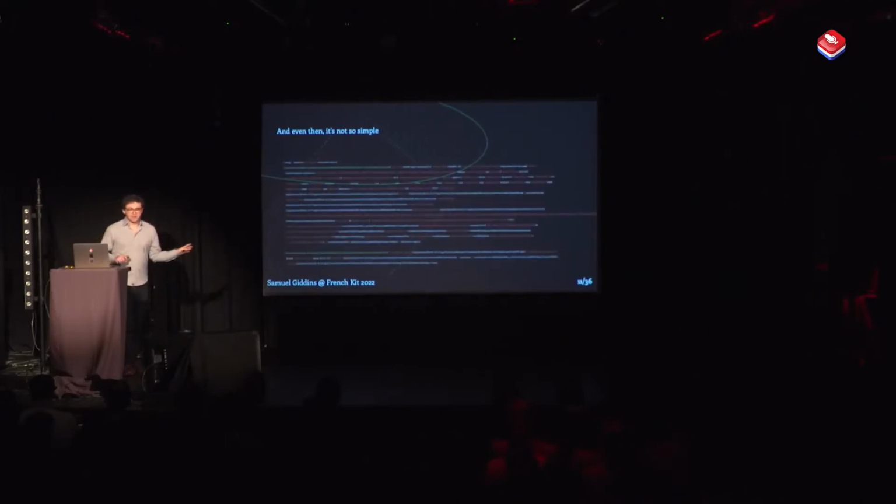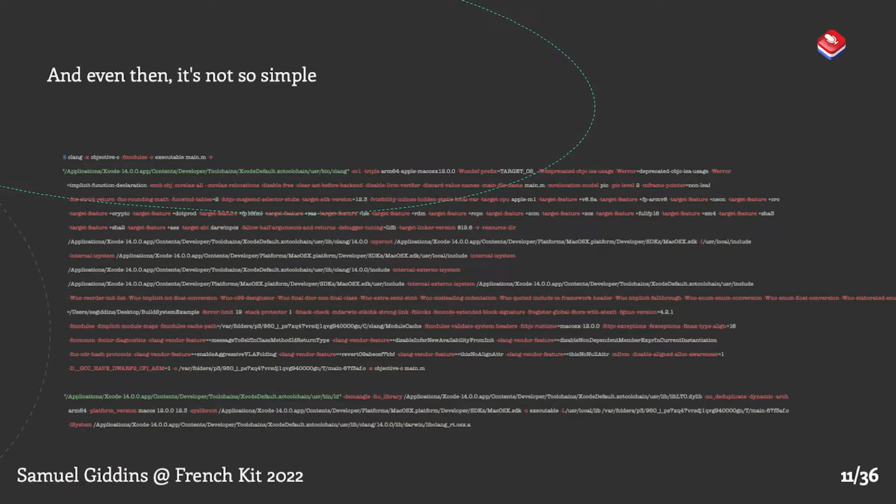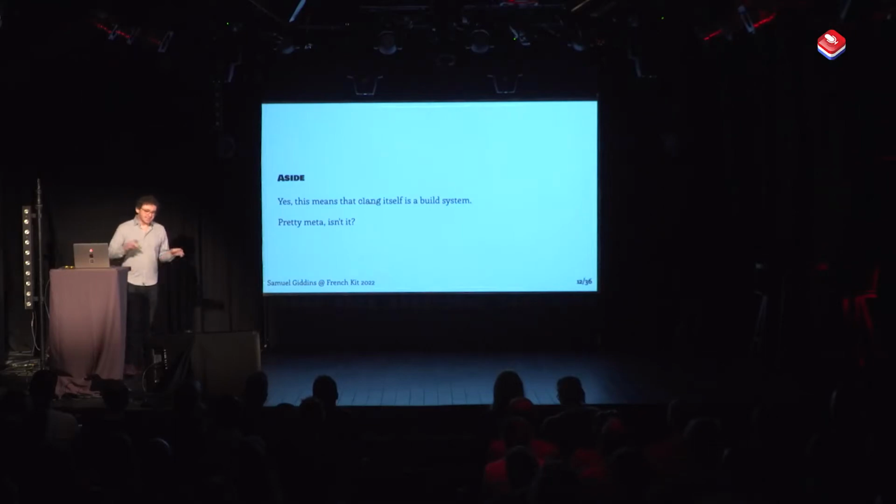So I know you can't read this. I sat in the back row yesterday. I'm sorry. If it makes you feel any better, I couldn't read this slide either when it was sitting on my laptop, and that's kind of the point. This is what you get if you add -v, verbose, to that command line I showed before. It shows you what Clang is running under the hood. And it's running like 24 lines of code from our one-line Clang execution earlier. And as an aside, yes, this does mean that Clang itself is a build system. Pretty meta, pretty cool, sure.